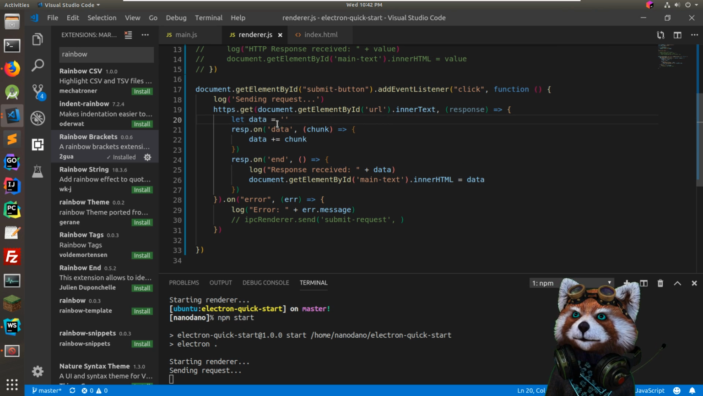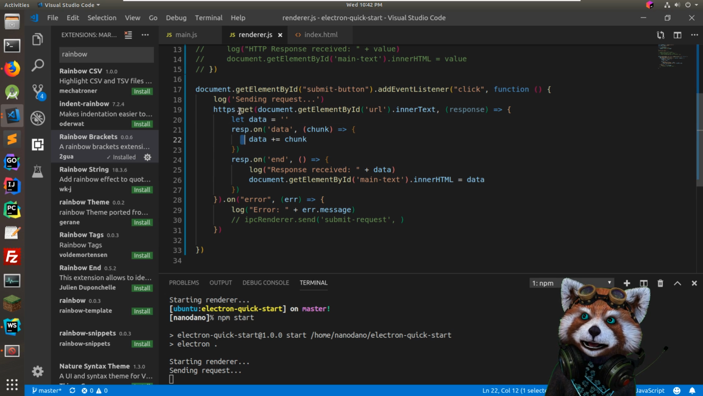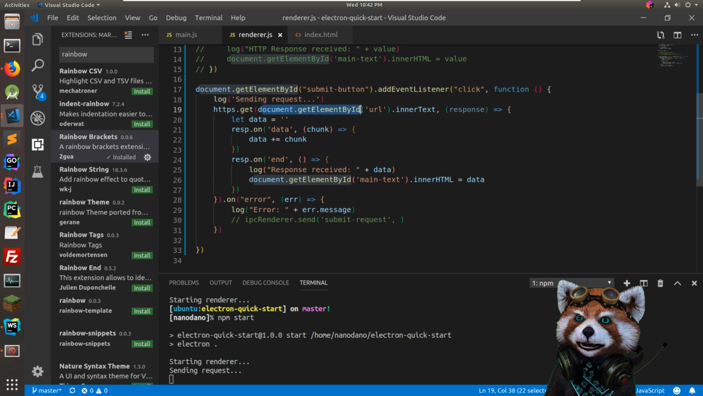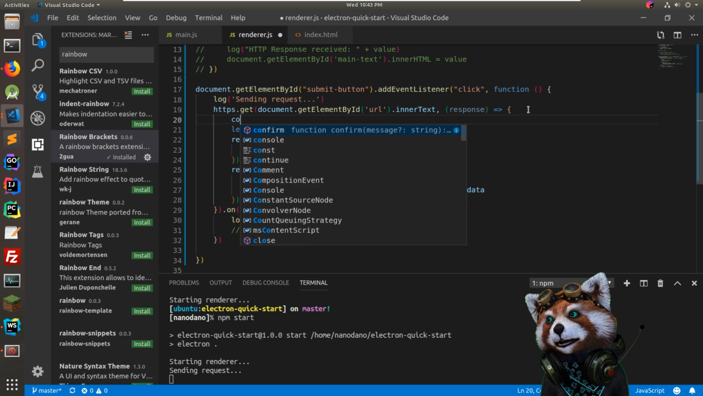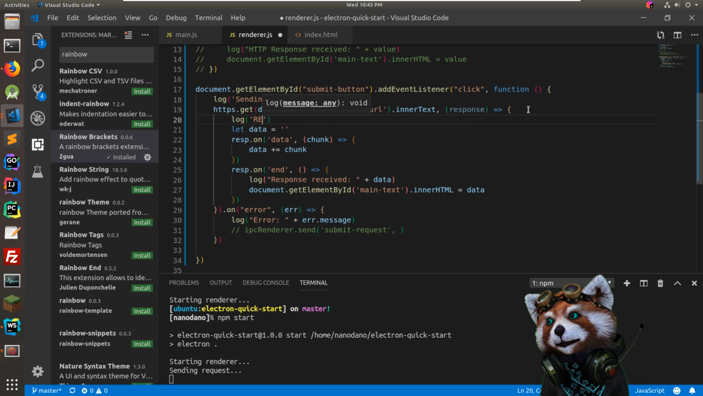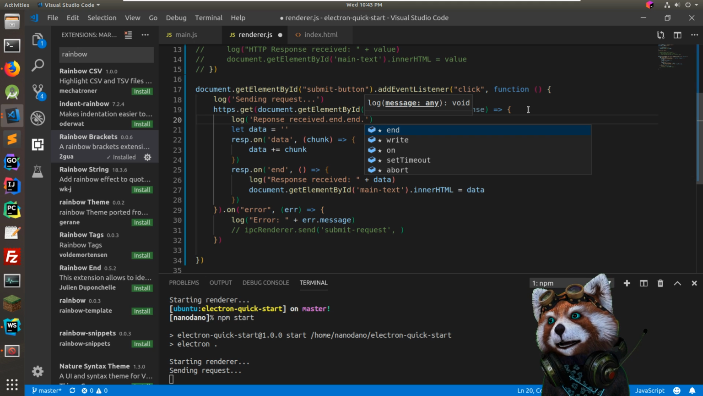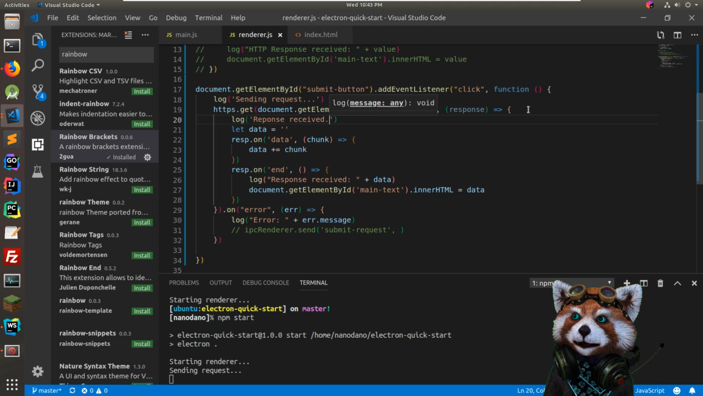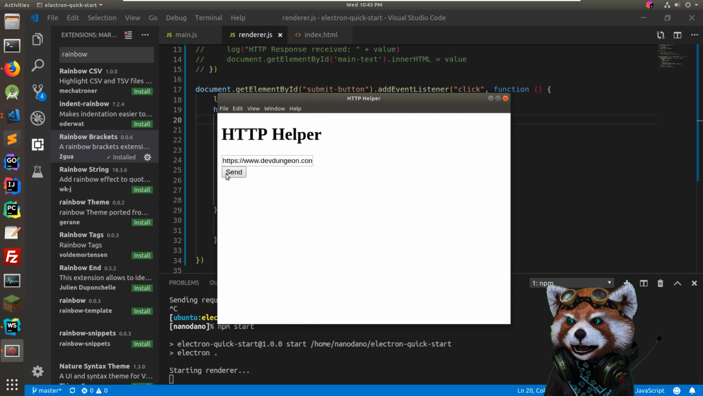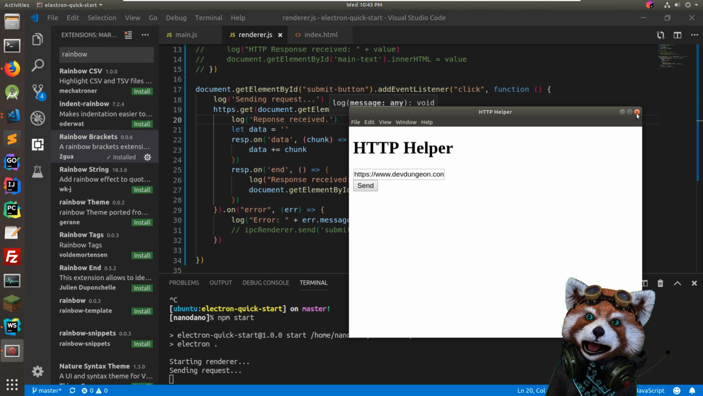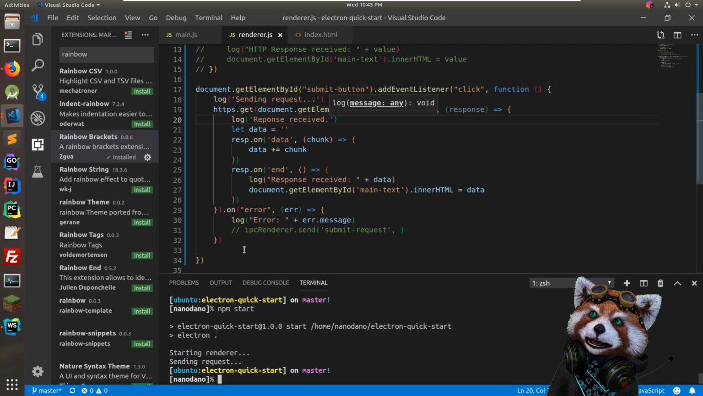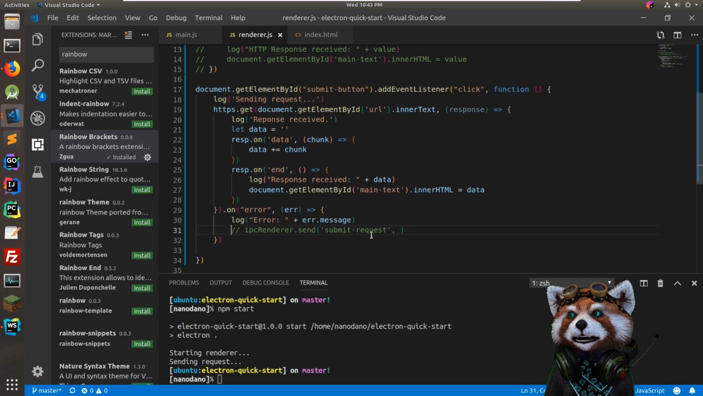Now, let's see. Okay, so it's doing the get. And let's put the log response received. Okay, let's see if it even gets that far. Sending request, and it just kind of hangs right there. Now, is that because it is just like getting lost? Okay, let's